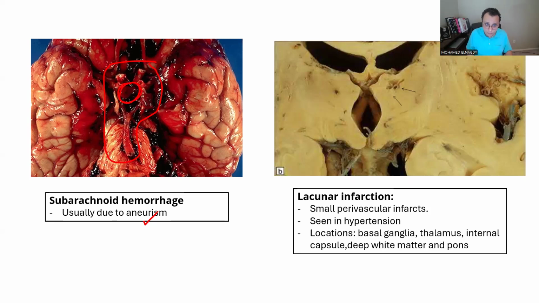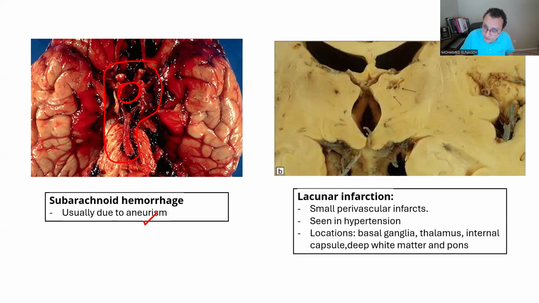That's subarachnoid hemorrhage. Severe headache, as you remember, rapidly progressing to loss of consciousness, very fatal if left untreated. That's very important. That's the subarachnoid hemorrhage. On the other side here,